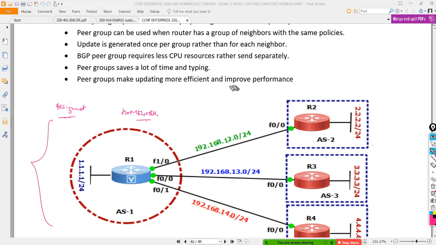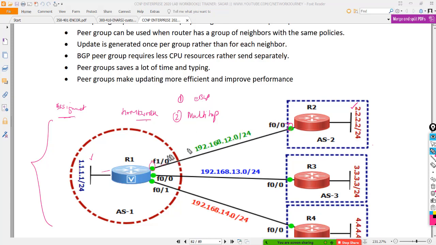Make use of the eBGP concept, where you have to define manual neighbors. Second, make use of multi-hopping, because you're advertising your loopbacks as well. You're creating your eBGP on loopbacks.